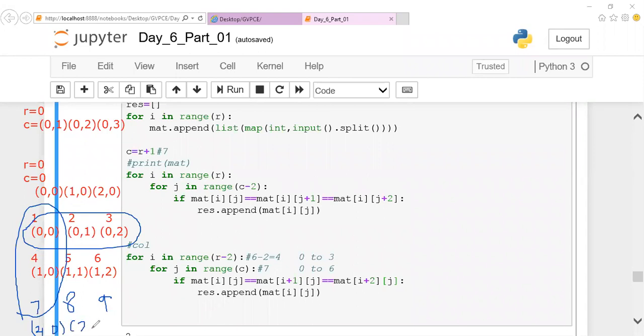Okay. So right now you people are clear with the row and column. For the diagonal, what is the condition I should apply? For the diagonal, what might be the condition? Okay, good, Sudhir. Row -2 and column -2. Both have to go to -2. Fine. And what is the if condition you are supposed to apply? What is the diagonal value?